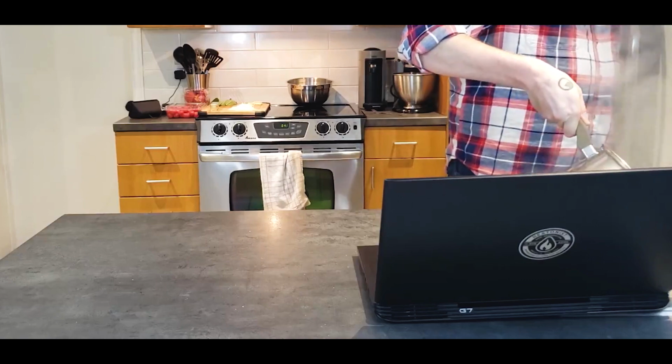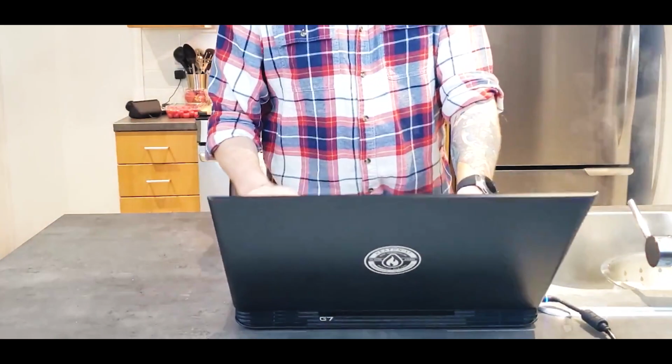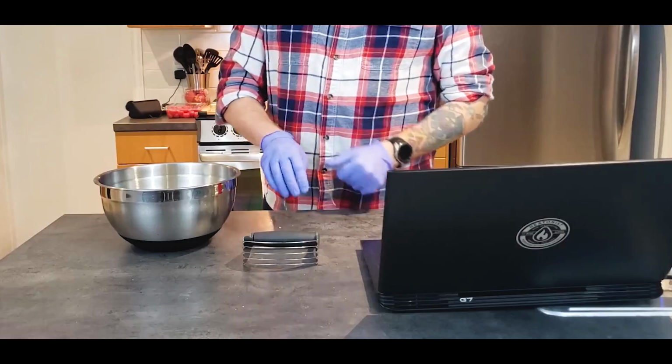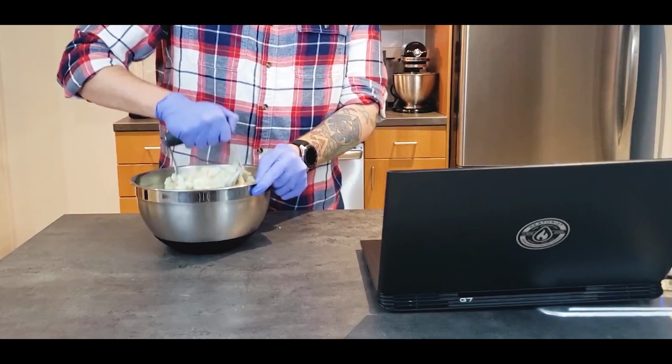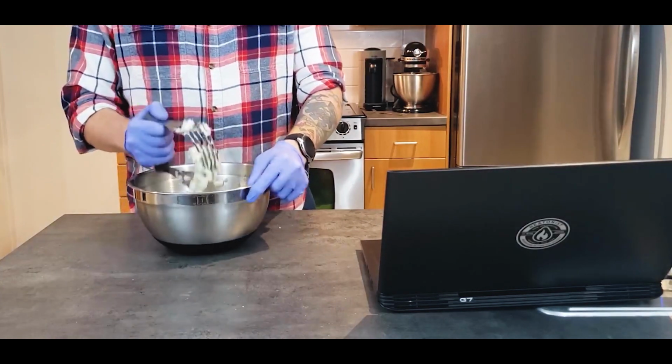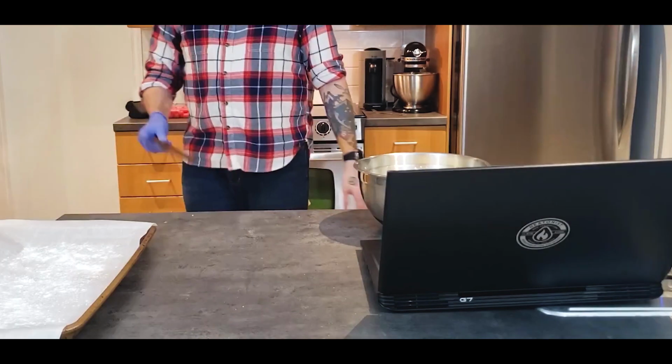At this point, your potatoes should be fully cooked, so go ahead and drain them. Go ahead and shift your laptop over because steam is probably bad for it, and then mix up your potatoes. It would be better to use a ricer, but one of these dough claws works just as well. Prep a parchment-lined baking sheet with some flour, get your bench scraper ready, and then once your potatoes are cool